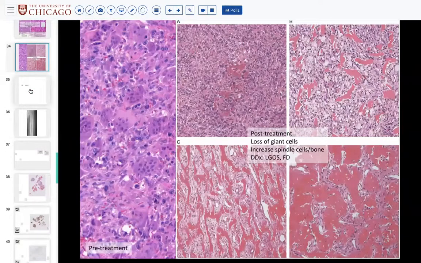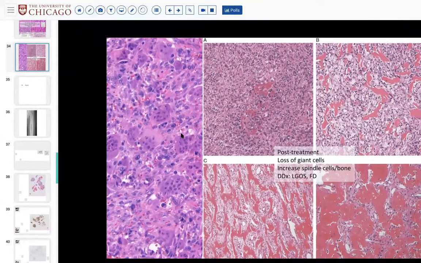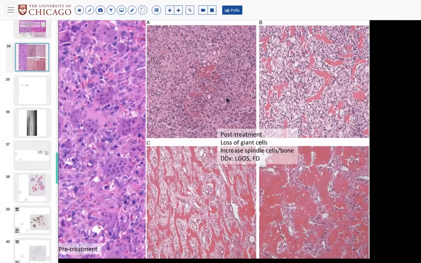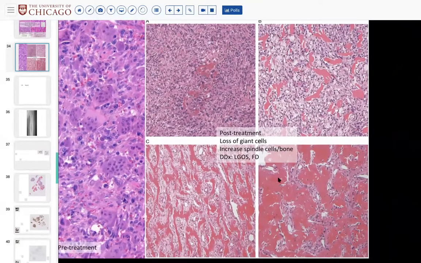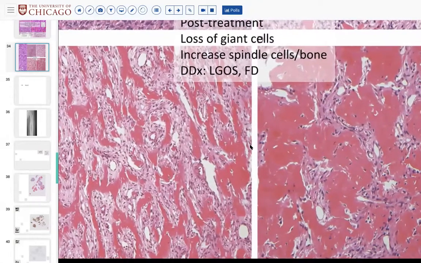So when you block that interaction, the giant cells go away. In treated giant cell tumors, you will see loss of osteoclast-like giant cells. You will see retention of background mononuclear cells,